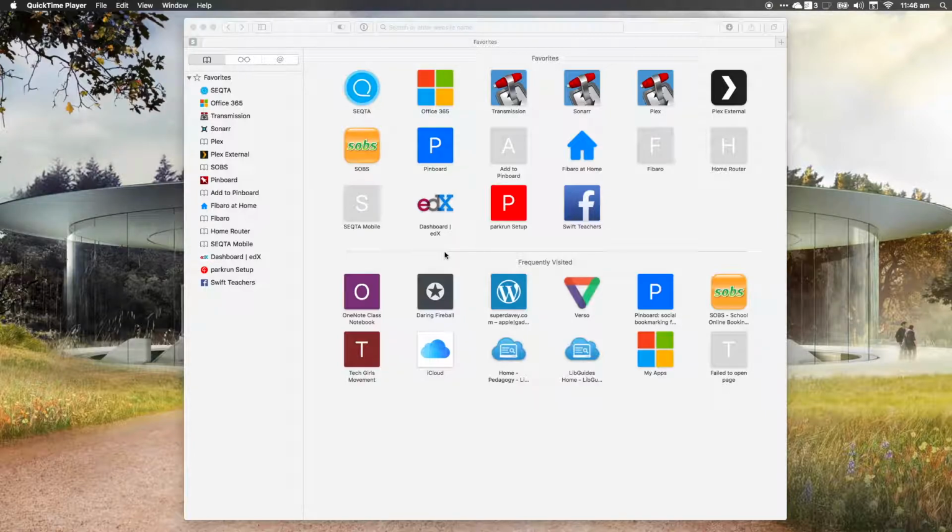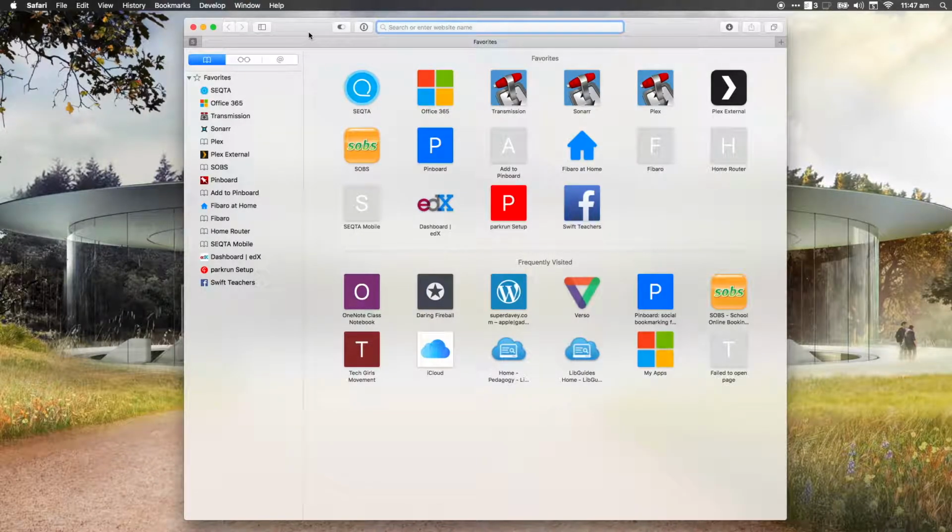Okay, what I'm going to be doing today is showing you how to create your own class notebook so you can share and collaborate with your students very easily. The best place to start, and the reason I do this is because it involves getting rid of all the issues you might have if you're on a Mac or a PC or an iPad or whatever, an Android device, is it's good to jump on a computer, and you can do this even on an iPad, and browse to